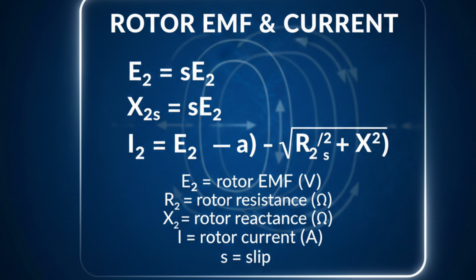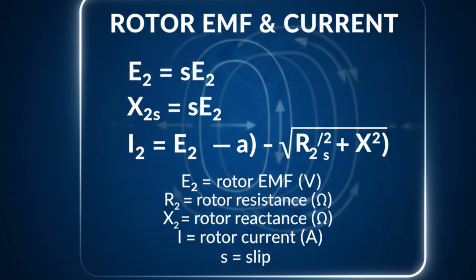Now we move to rotor quantities. When the rotor is running, the induced electromotive force in rotor conductors is proportional to slip, so rotor EMF at slip s is equal to slip multiplied by the standstill rotor EMF. Similarly, rotor reactance at slip s is equal to slip times the standstill reactance. Rotor current is calculated using the impedance of the rotor circuit, which includes rotor resistance divided by slip and rotor reactance. Here, E2 is rotor-induced voltage in volts, R2 and X2 are rotor resistance and reactance in ohms, I2 is